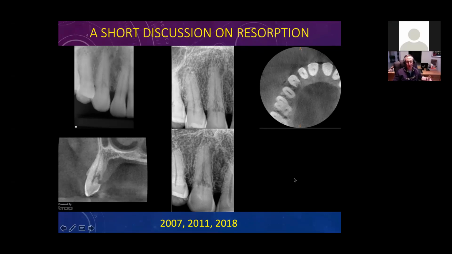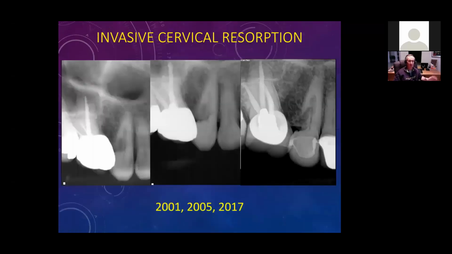So we're not in a rush to extract these things. And as long as they're asymptomatic, a lot of times we just leave them alone and follow them. I have a whole bunch of these that I'm in the process of following just to see how many are progressive and how many kind of stabilize. This is the longest one I followed. This is 2001. Saw the patient again in 2005. And here we are,